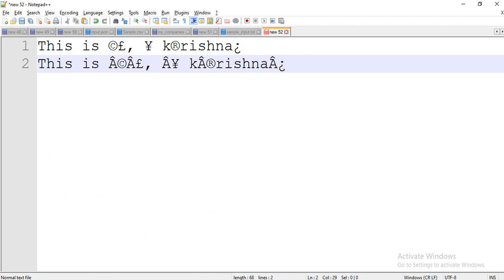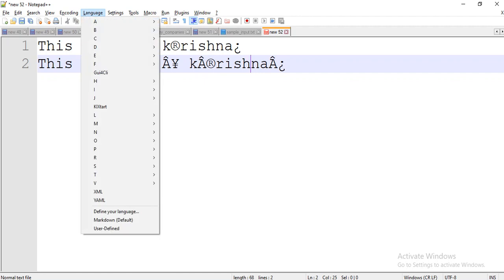Whenever it encountered these special characters and we are trying to read it in ISO 8859, it has converted them to different characters, added some control characters. Just before all of them, it has added an extra character, because of which the length of the text increased.